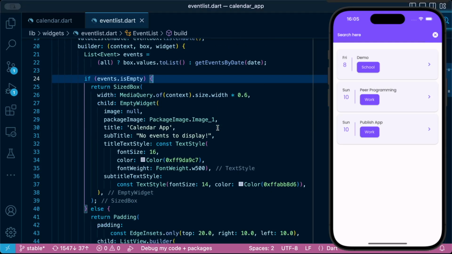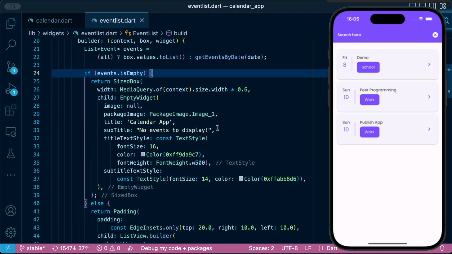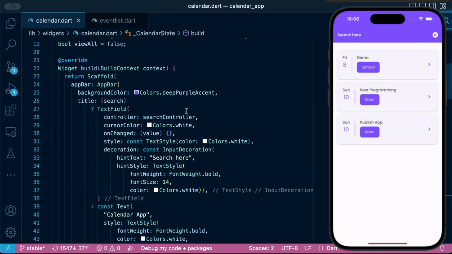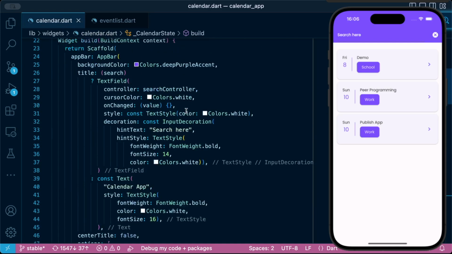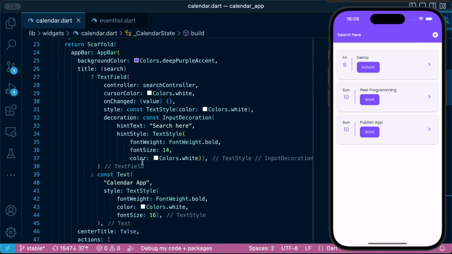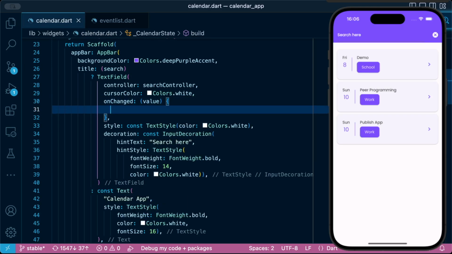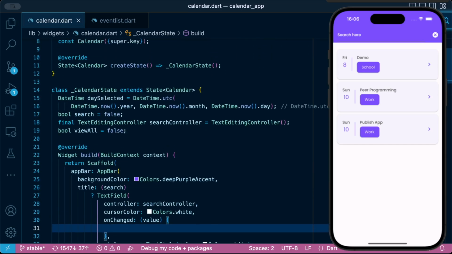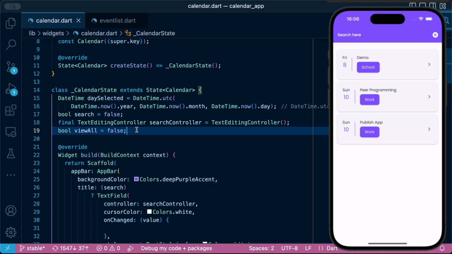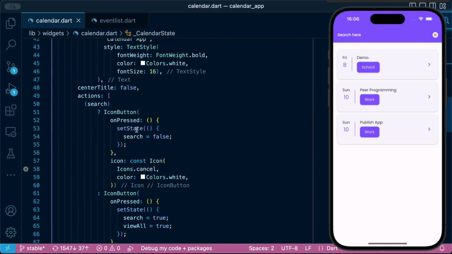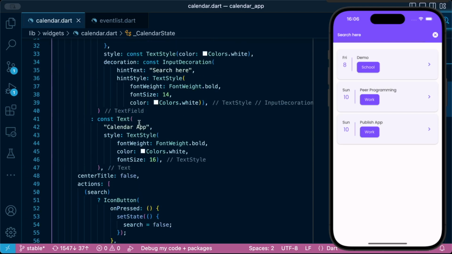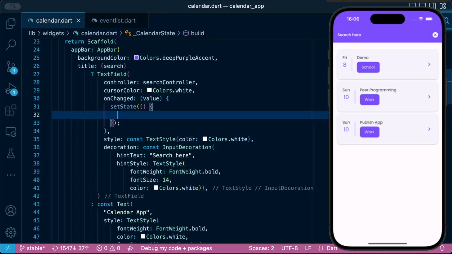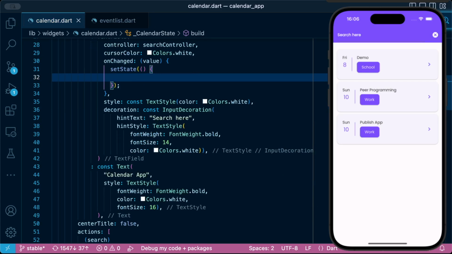Now the next thing we want to do is handle whatever the user will insert. Where will we find this? Here it is, onChange. If onChange, let's set state. And what we're going to set state on is